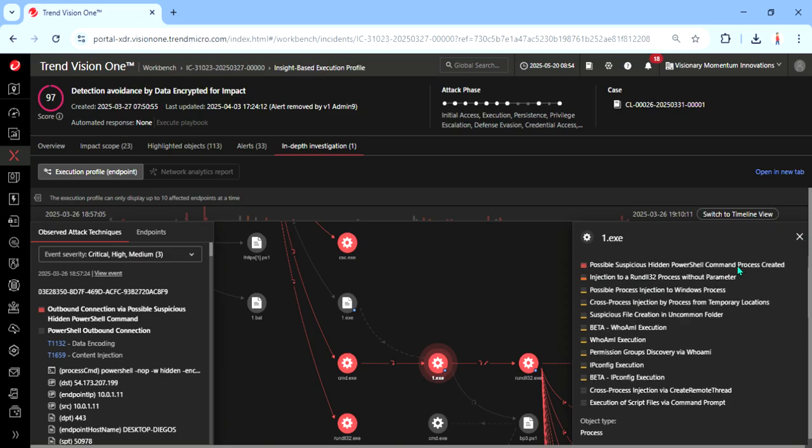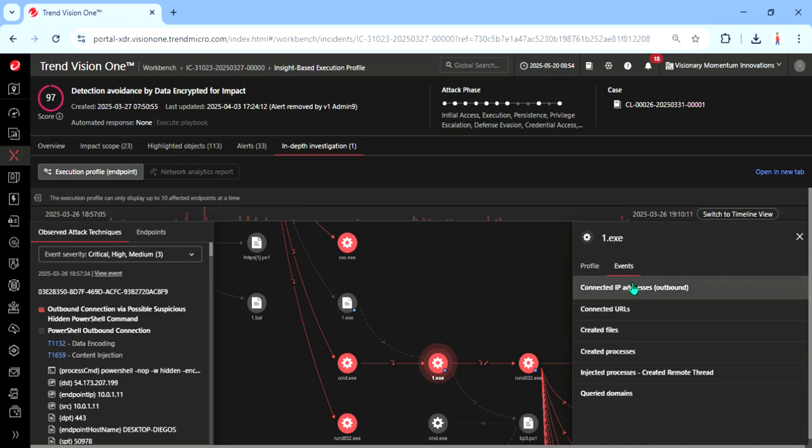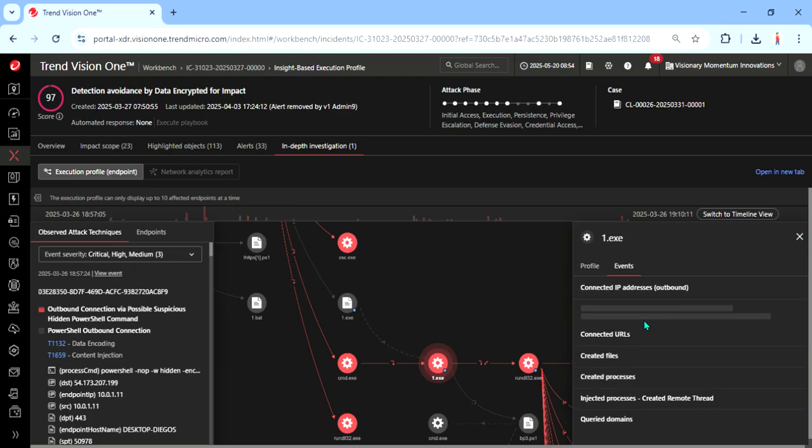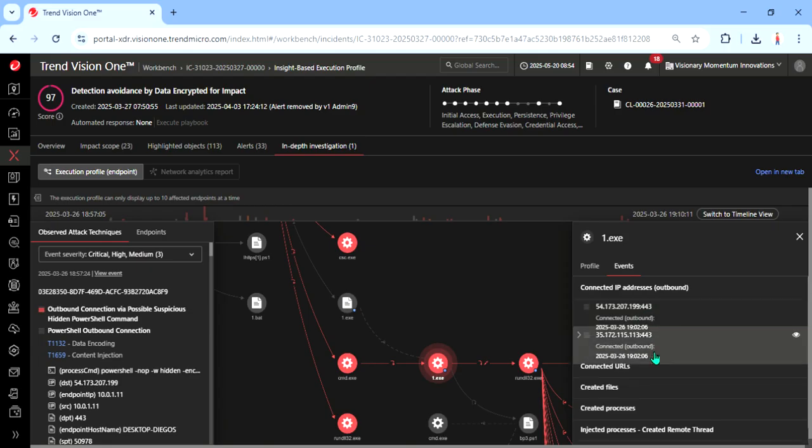And you can see here, it also connected to an external IP for exfiltration. The attacker actually uploaded certain files to the external server. You can see two servers which had files uploaded, and this organization has no business with these two public IPs. And if you look at the created files,